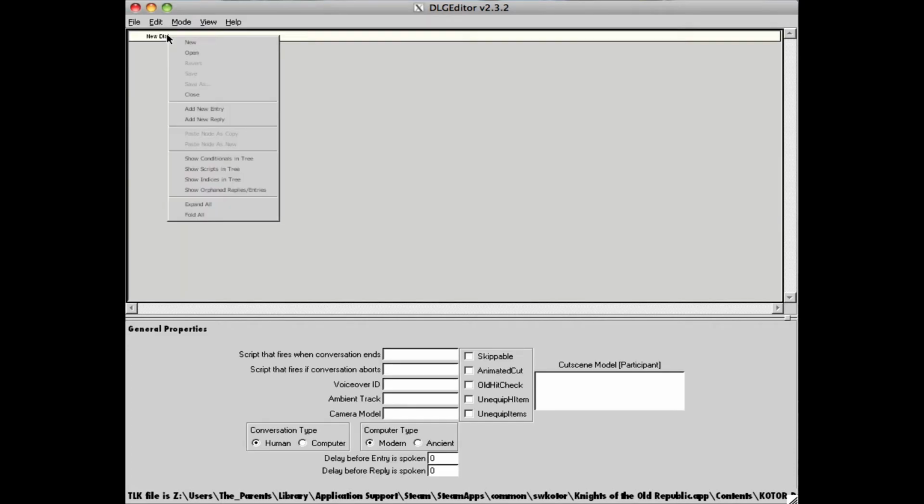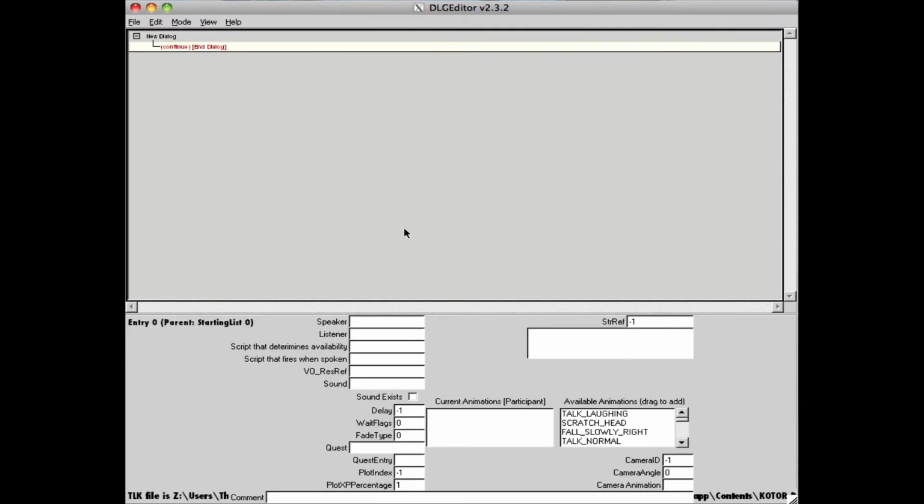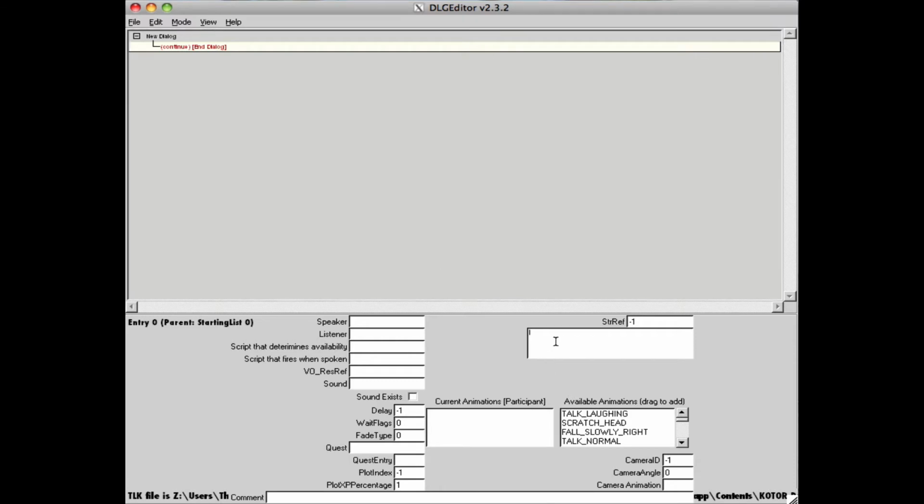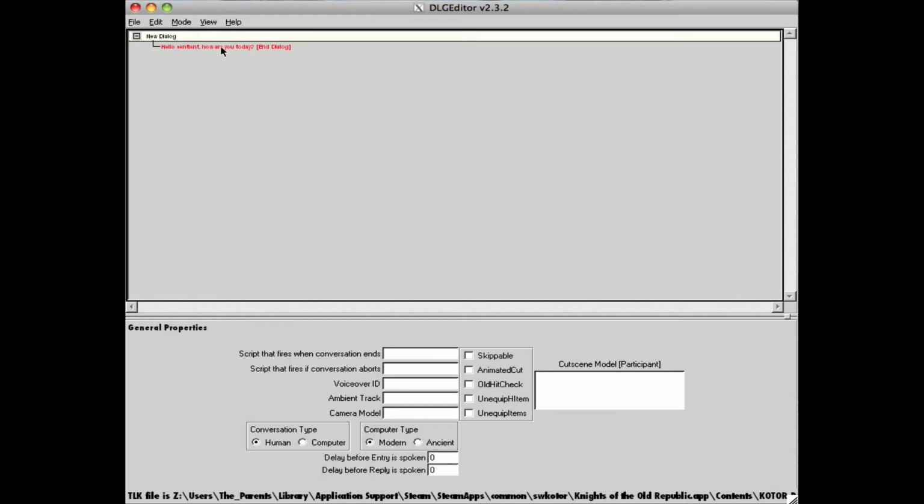So what you're going to do is right click on here, then click add new entry. That'll pop up this red box. On here, you're going to want to type in your greeting message for the merchant. So let's go with "Hello sentient, how are you today?" Okay. Now once you do that, you could just go ahead and click anything else, and then boom,